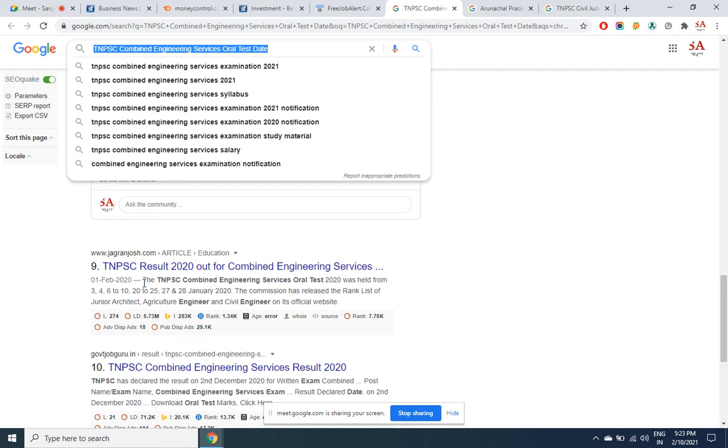So speed of the page, very important. Anchor text, very, very important. Otherwise your backlinks, you're only getting a point. But search engine doesn't know for which topic I should be giving the marks to this guy. You have only told me that your total marks is 500 or 600. But I don't know for which subject. So I can't say in which subject you are good at. Search engines want to see specific to the keyword how many points you have got. Based on that, for that keyword, the ranking position is decided.